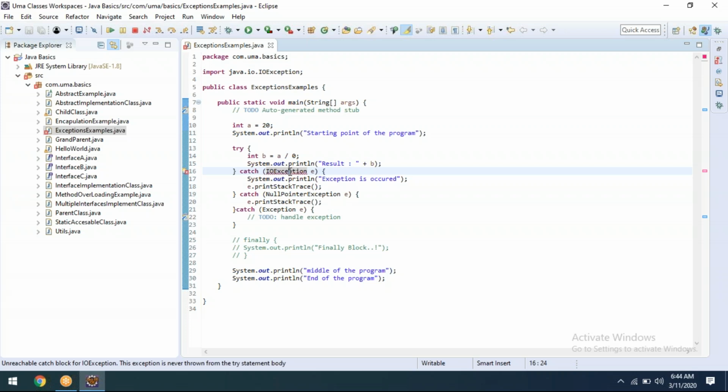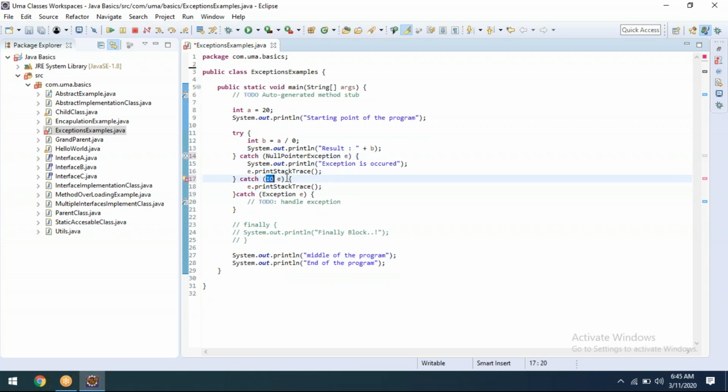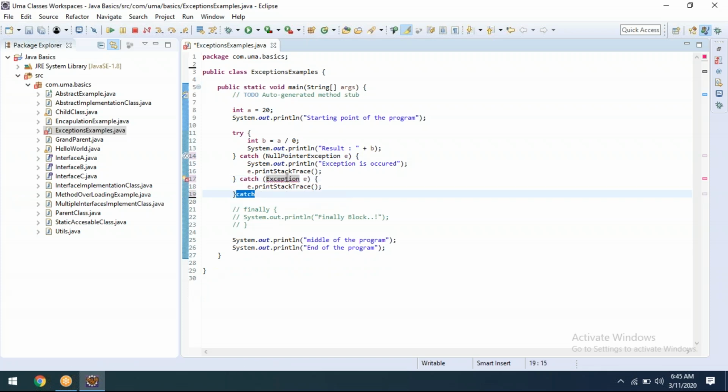Again, it will say it's already caught. Or if you go for IOException, it says it's already caught. This is how the problems will come. For safe side, I'll remove this one.